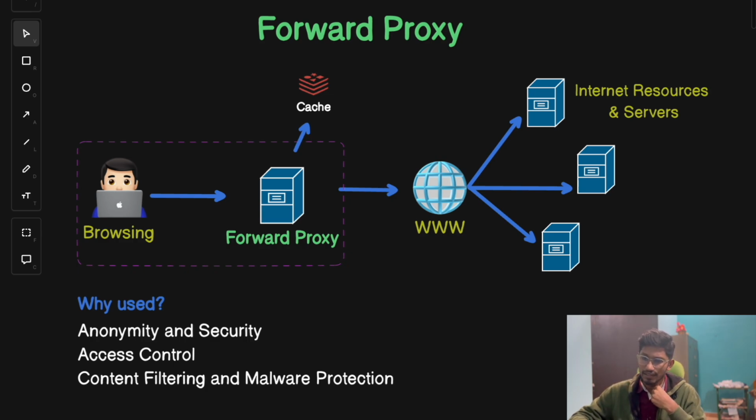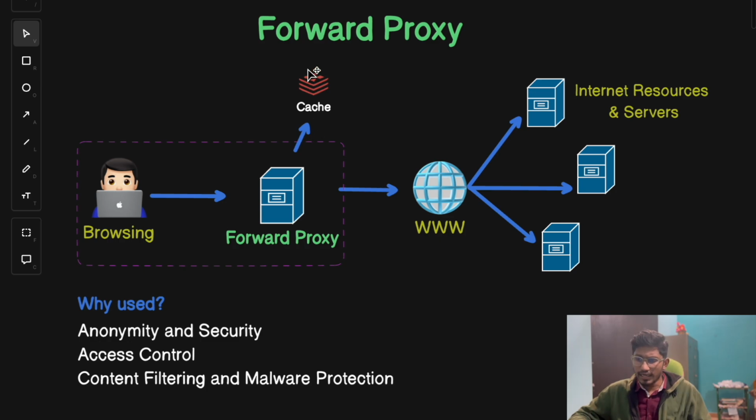The second benefit is for access control. So the IT team uses forward proxy to block specific websites like social media or streaming services, ensuring employees stay focused on their work and do not access random content while inside the company network. So the third benefit is content filtering and malware protection. So the proxy can scan the outgoing and incoming traffic for malicious content, which stops the malware before it reaches the employees' devices, right? So these are a few benefits of using forward proxy and the main reasons for using